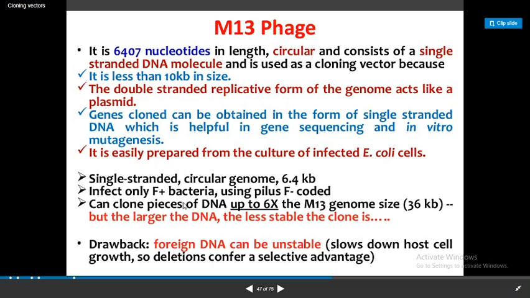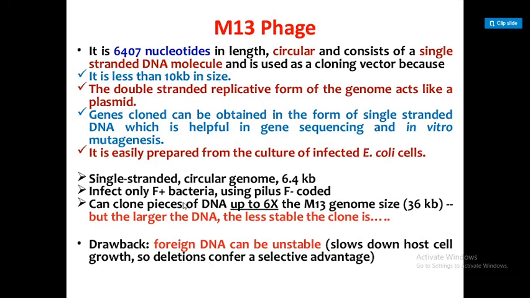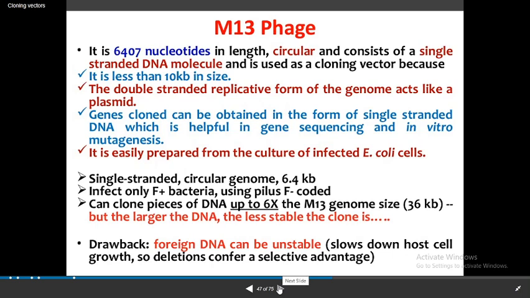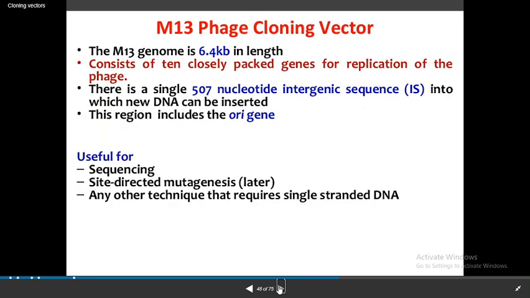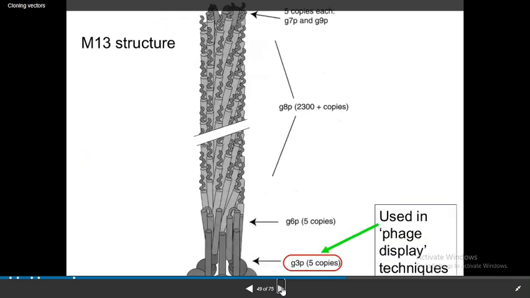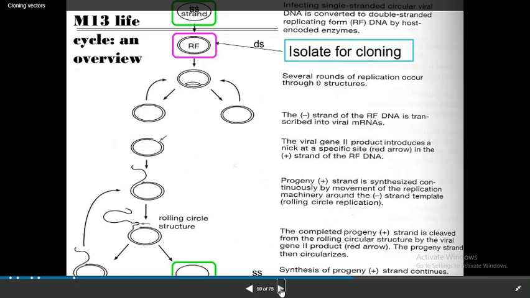Through the conjugation tube, you can see the bacteria's entry, and it is being transferred to the other cell. M13 phage is a single stranded DNA molecule. So this is the length. The single stranded filamentous phage particle is called M13, and remember that point, single stranded DNA molecule. It also has the ORI gene. ORI means what? Origin of replication. This is a filamentous bacteriophage. Have you seen this before? This is a filamentous bacteriophage.